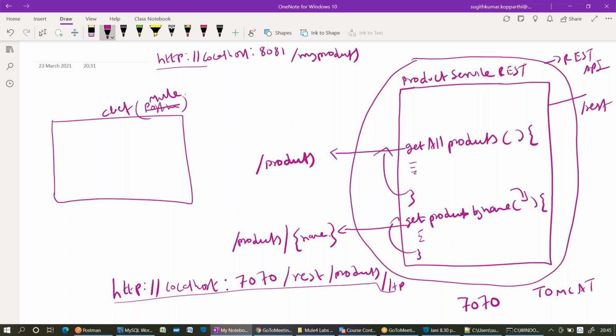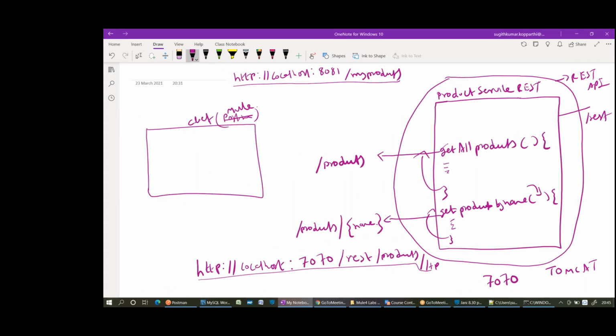If I give this request, my requirement is that I want to consume this get all products method. What do I need to write here at the client application level? Yes, the client application is my Mule application. What is the code I need to write first?